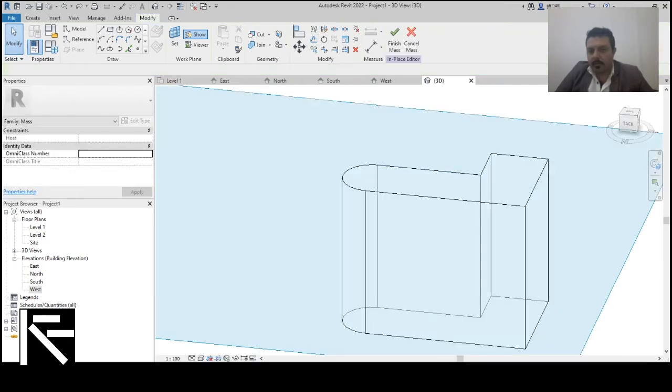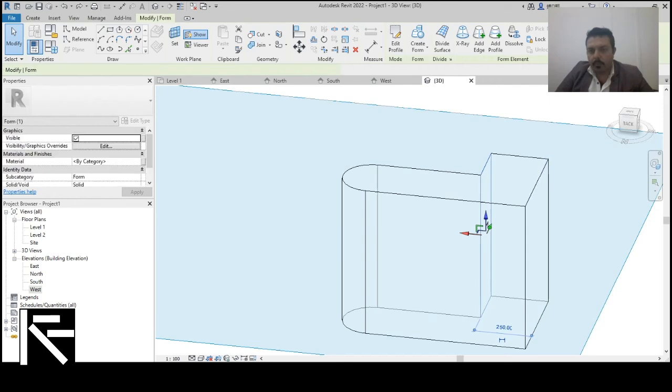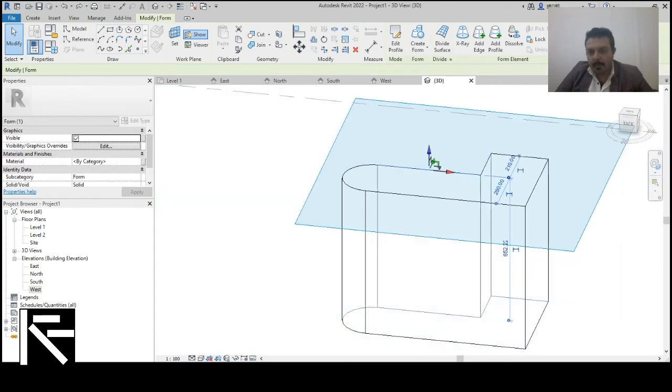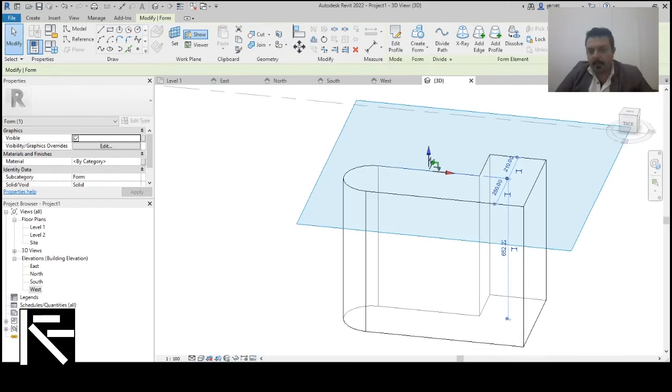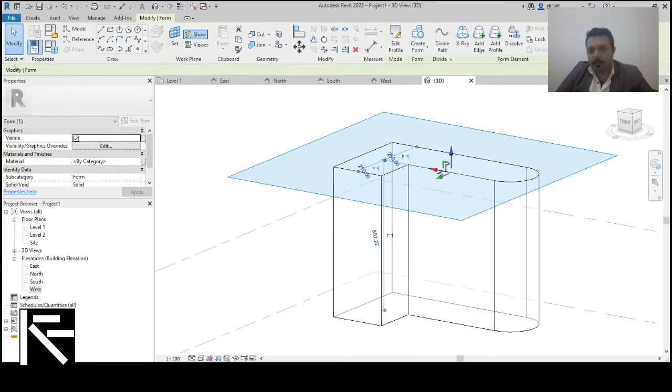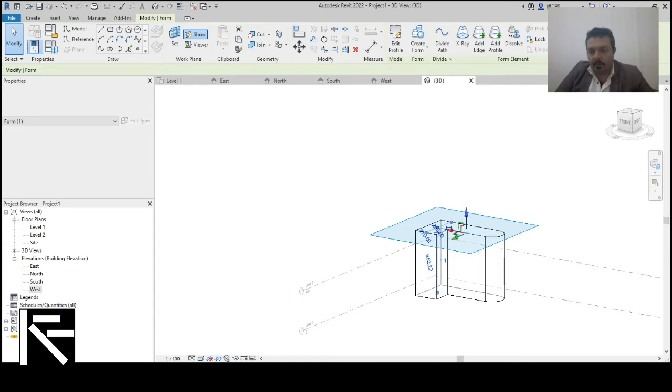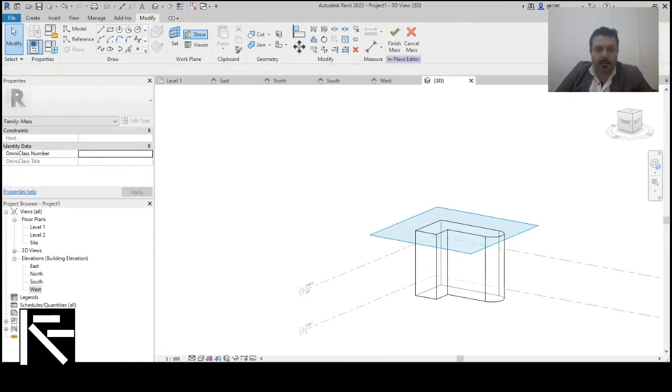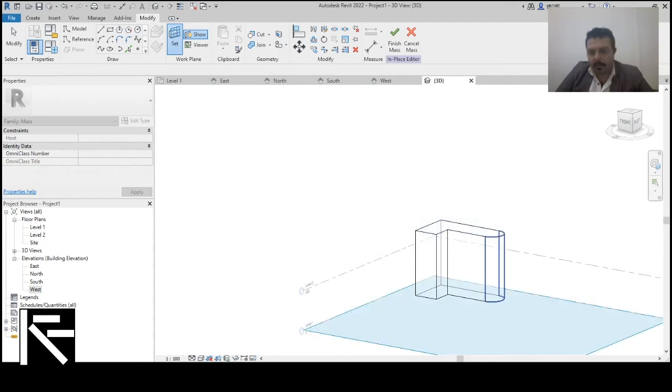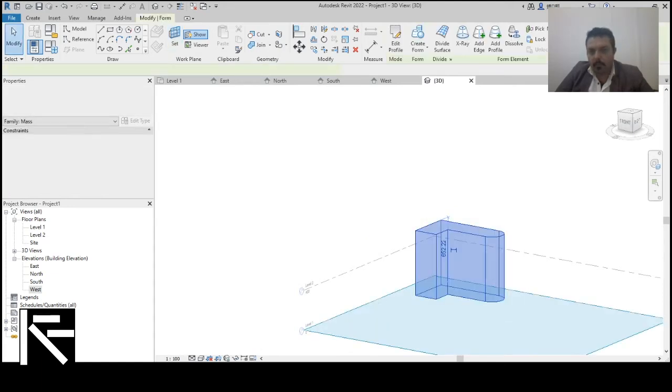Okay, let's just leave it, and as you can see, with the tab I am able to move between the different surfaces of my form. So for sure I set it to level 1 again, because I decided to draw something else,